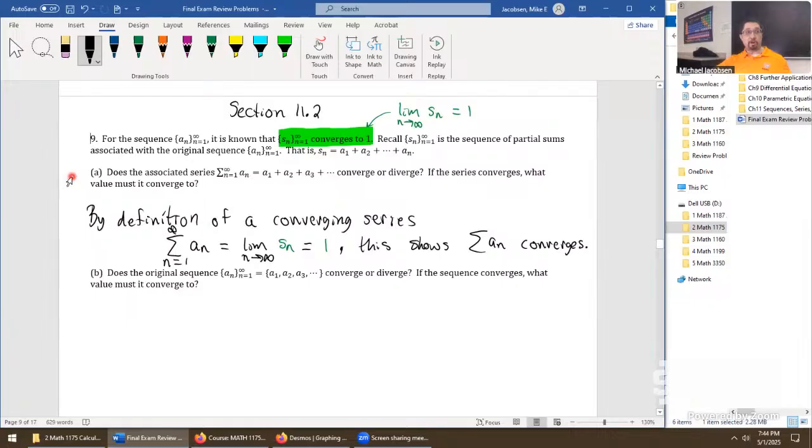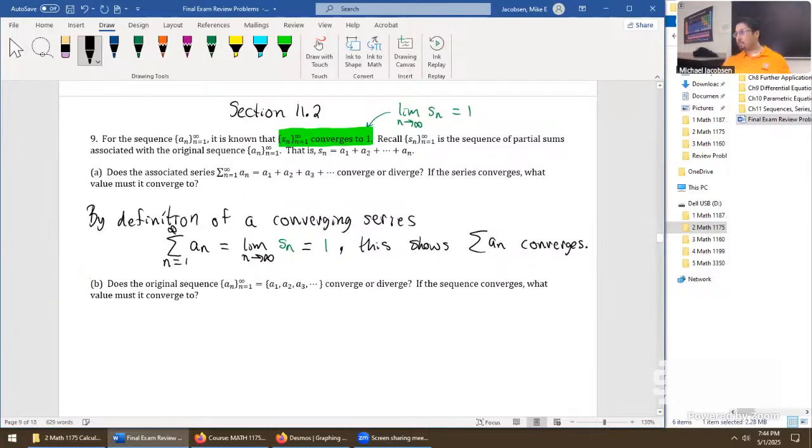Well, does that make sense to folks on part A, how the sequence relates to partial sums and then relates to convergence? Awesome. How about for part B then? Now we're talking about the original thing from the very beginning, that sequence. It's involved in the partial sums, it's involved in the series, that's where all the terms are being defined for each one of those things. We want to know if it converges or diverges. Any volunteers for the conclusion on this one?